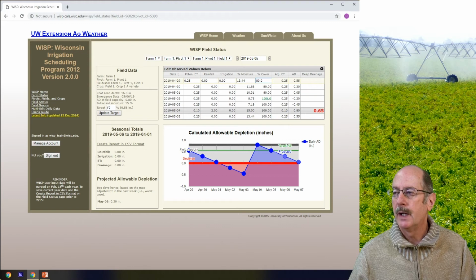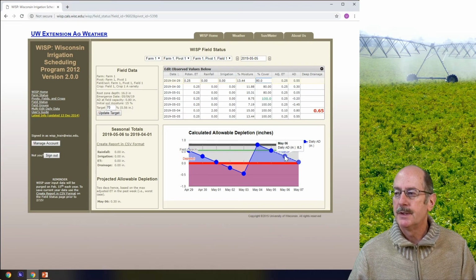And if you look over here on the right side, you will see in red lettering the amount of water that exceeded the field capacity of the soil. This is the volume of water that's deep draining or leaching down below the root zone, and therefore has the potential to carry nutrients and pesticides down into groundwater. So that's why we have this flagged with rather large lettering here, so that you pay attention to that. You'll also notice that when you drop below the allowable depletion in the graph here in the field status page, this turns red. So it's trying to warn you that you are below the allowable depletion and could have some potential problems there.